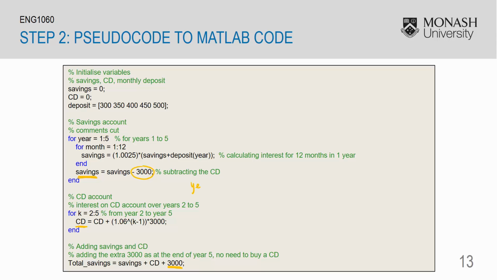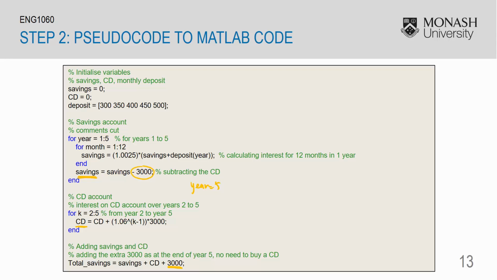So at the end of year 5, we have minus 3,000 from our savings account to purchase another CD. However, this was not mentioned in the question, and therefore we need to re-add the 3,000 at the end for our total savings. It's minor things like these that are unlikely to be picked up during the pseudocode planning,